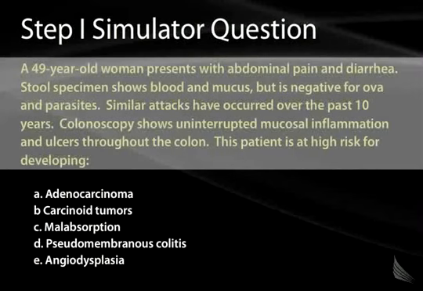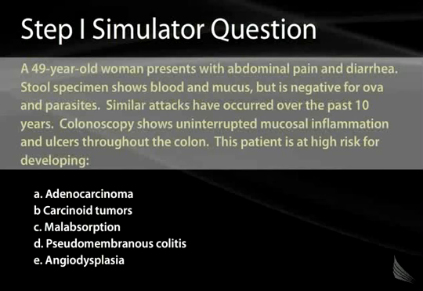A 49-year-old woman presents with abdominal pain and diarrhea. The stool specimen shows blood and mucus, but is negative for ova and parasites. Similar attacks have occurred over the past 10 years. Colonoscopy shows uninterrupted mucosal inflammation and ulcers throughout the colon. This patient is at high risk for developing: A, adenocarcinoma, B, carcinoid tumors, C, malabsorption, D, pseudomembranous colitis, and E,